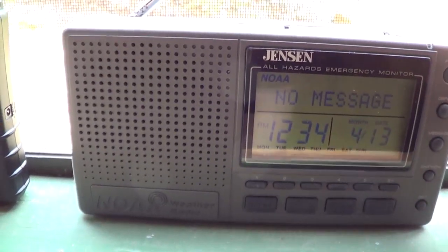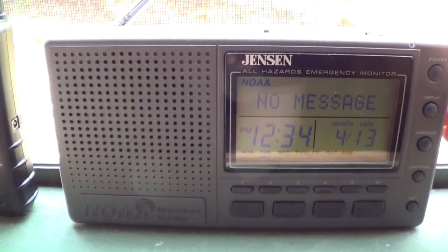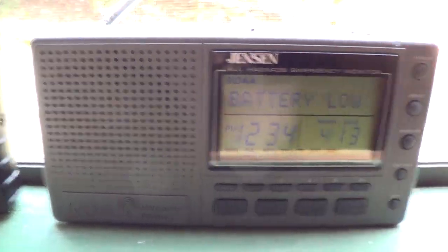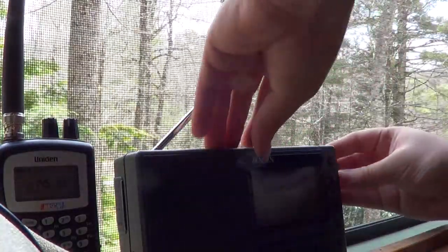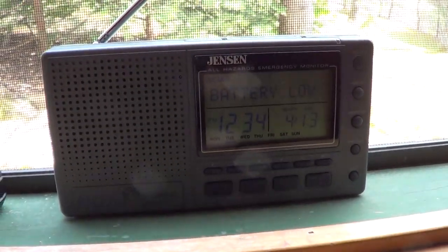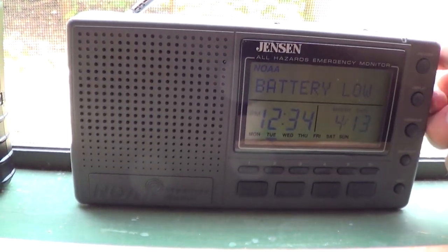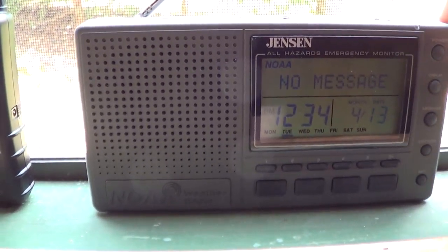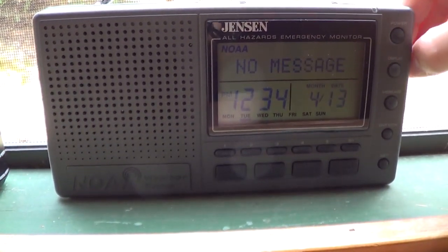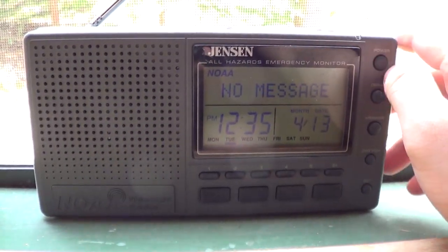This transmitter is serving the mountains of western North Carolina. The current time is 12:33 Eastern Daylight Time. This is the North Carolina and Foothills Report, which includes the high and low temperatures for the 24-hour period ending around 7 a.m. this morning. No rain fell at any of the following locations during the past 24 hours. Beech Mountain, the high was 57 and the low 41. Boone, the high was 67, the low 38. Bryson City, the high was 76 and the low 43. Flat Springs, the high was 66 and the low